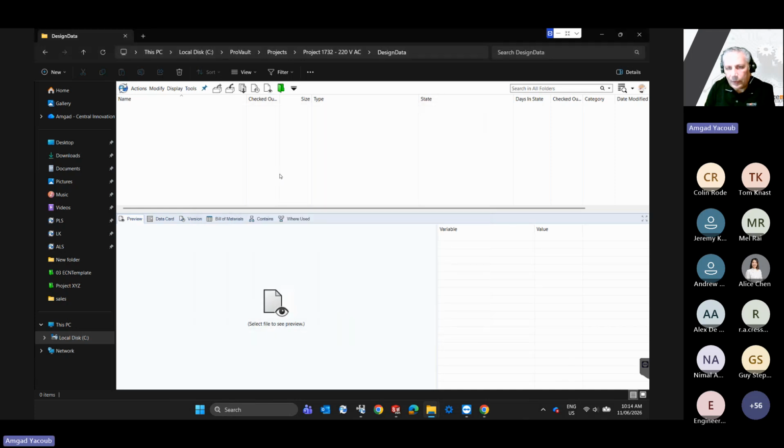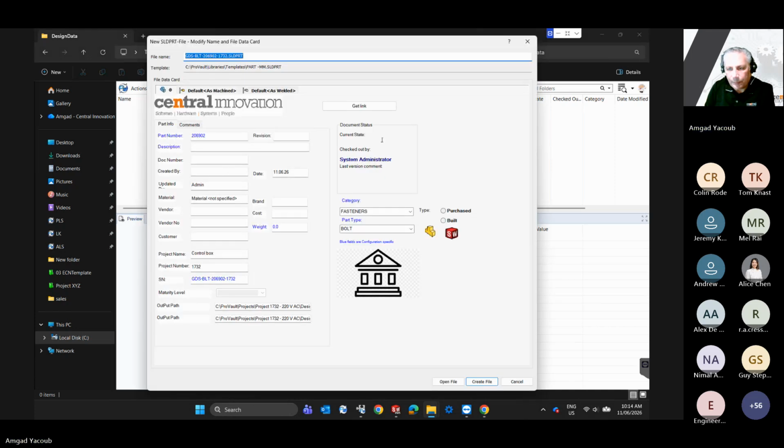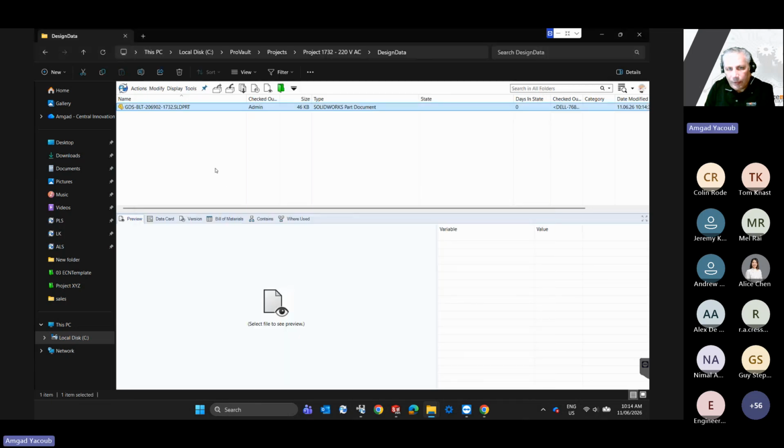Okay, so straightforward. It's going to create a file for me, ready to go with a unique ID. Right, so far so good. Within less than 4 minutes, we created a project, we created our first part, and we can start working on it. Right, what else? Let us go here and imagine the scenario that we are going to search for a document